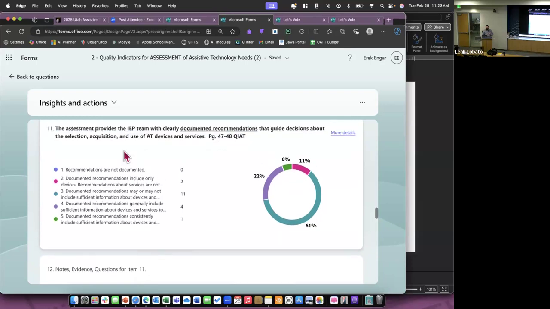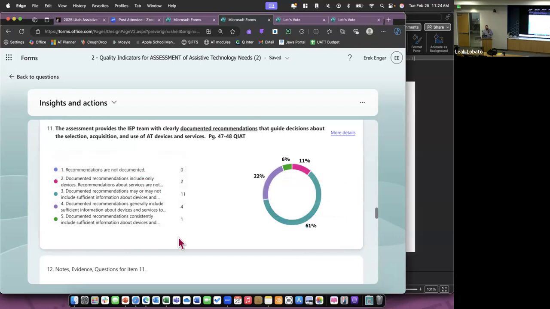So it looks like for our group here, the assessment, clearly documented recommendations. Again, most of us are in that middle range. We've got 4 of us that are doing a pretty good job of documenting those recommendations and getting them out to people pretty quickly. We have 1 person who's crushing it. Raise your hand for a second. Who was that? Go ahead and say it. We did this. Nobody's going to do it. That's okay. And then 11%, so two of us that are documenting includes only the devices, but not about